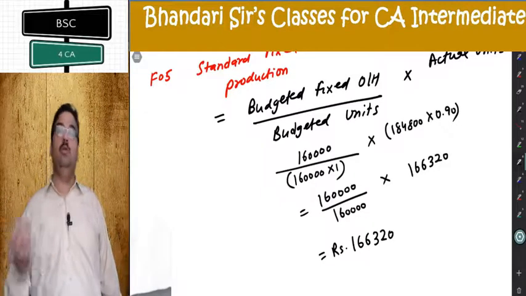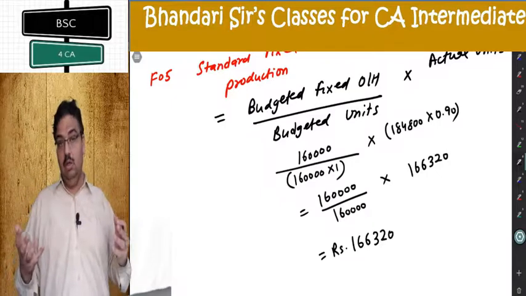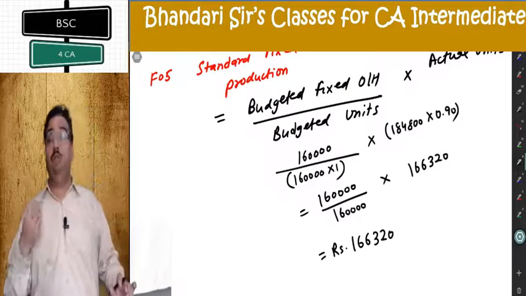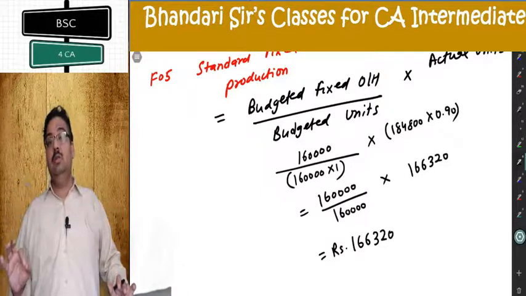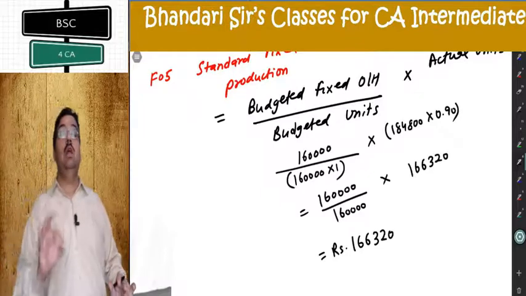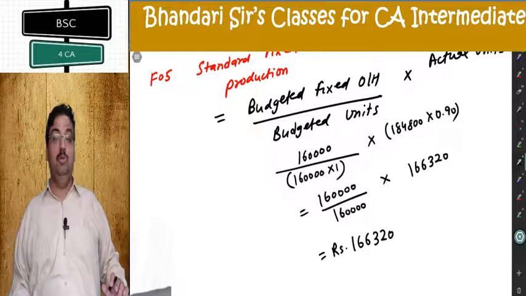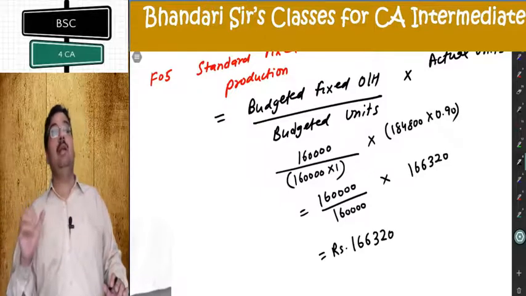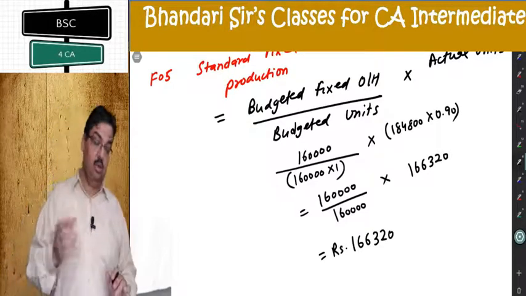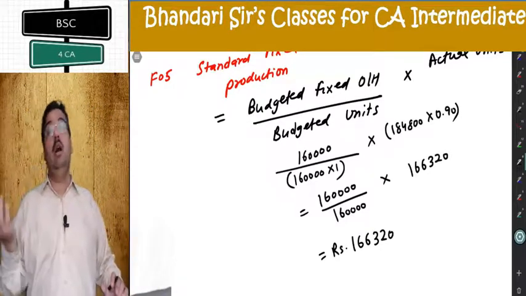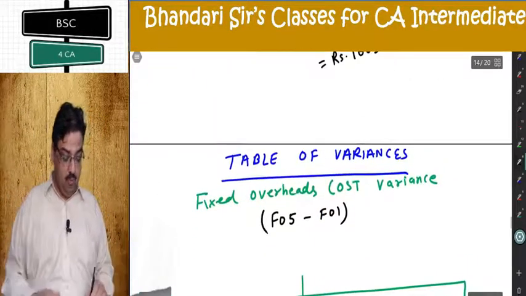Having got the 5 steps, you have to put them in the table and get all the things. Things are very easy once you practice hard. You are given so many questions to practice in fixed overhead, you can master the topic very easily. Only thing is, apply your mind. Must learn all the 5 steps, must learn the table of variances given to you. Then find step by step entry cases, small entry cases in every question. So this is what you are getting in this question: man hours per day, output per man hour. Do it carefully.